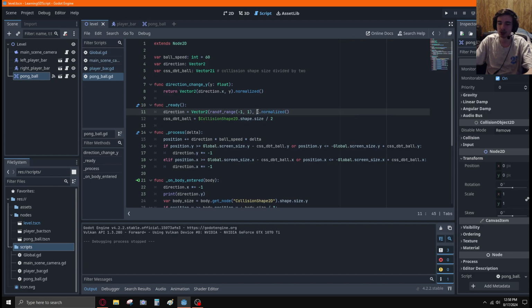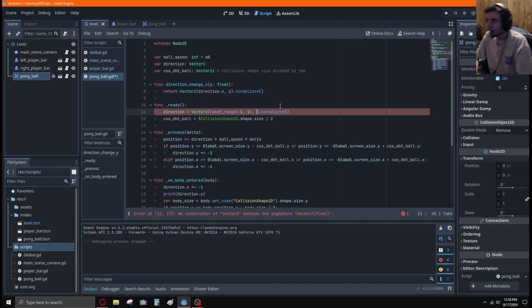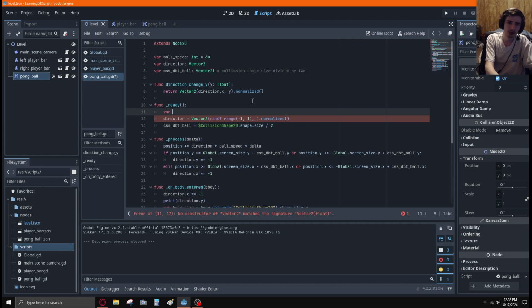What I actually need to do is make the starting y value a percentage of the starting x value, since it's normalized. If the x is smaller than the y, then the y becomes very large. So that's why it was continuing to go up and down. So what I need to do is